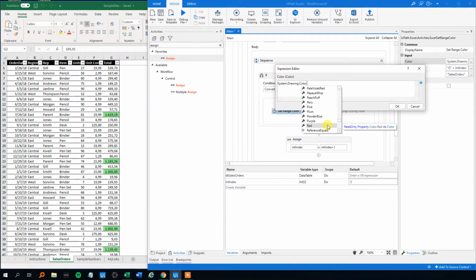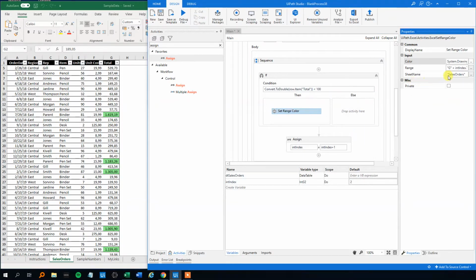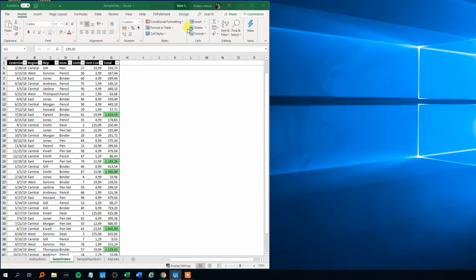Here you can experiment with these colors, what they are. It's not that important. So now, what I said was that we could make a variable of this. That will probably be great. And let's try to run this to see that it color codes. It iterates through the Excel sheet. Now you can see that it will color code all